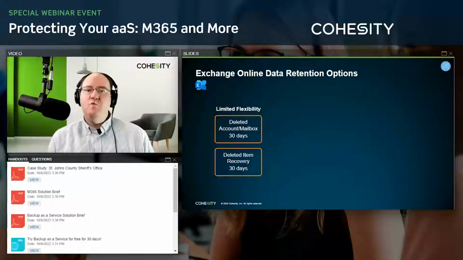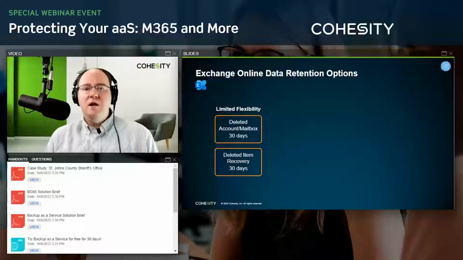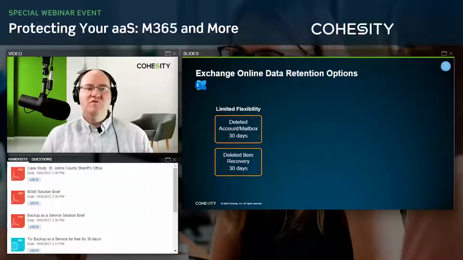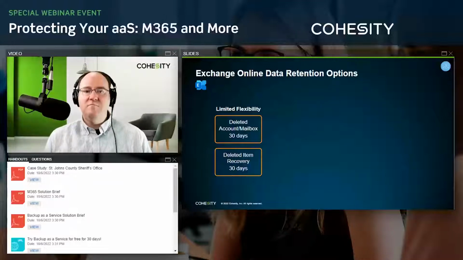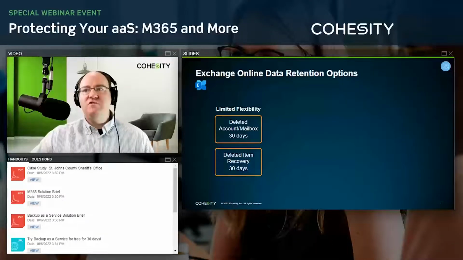Outside of that 30-day window, it's gone. You can't get it back. Same thing for deleted item recovery. Even if you put it in the recycle bin, if you click the deletion option, there's only 30 days that Microsoft allows for being able to get that particular message or item back from the M365 Exchange Online solution.